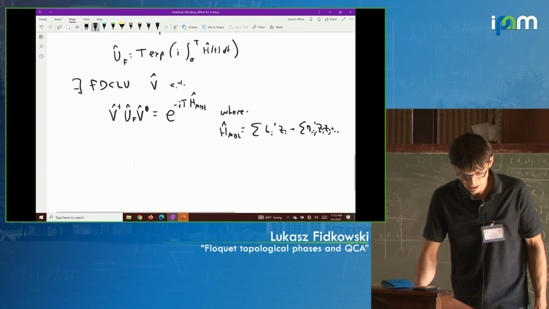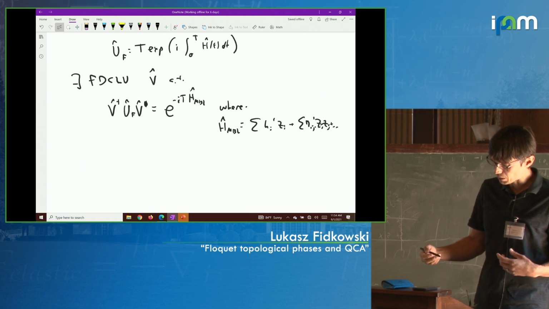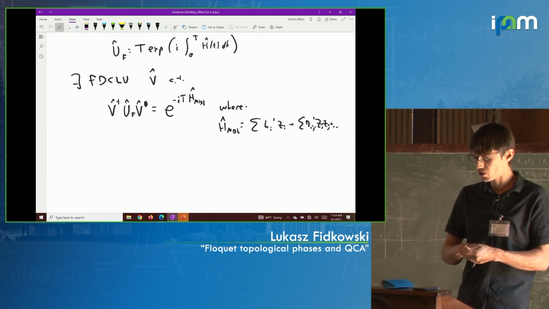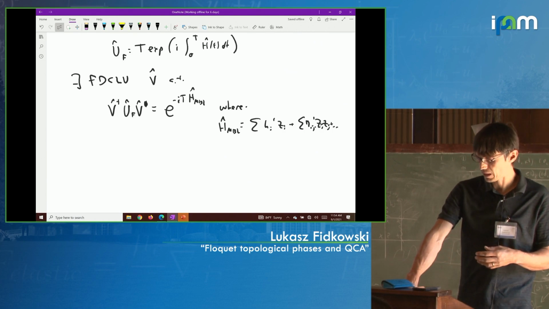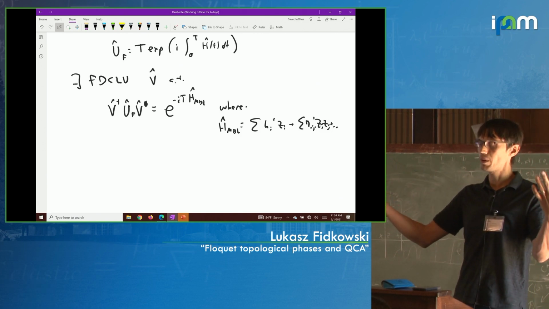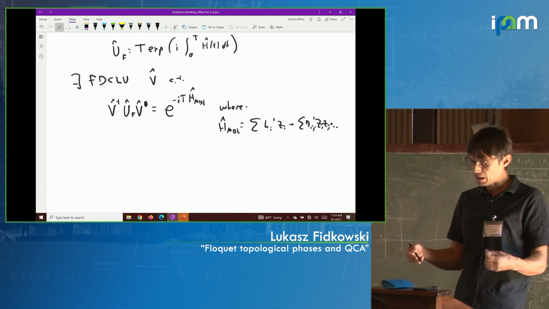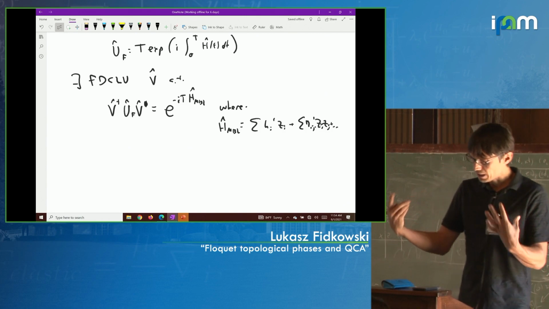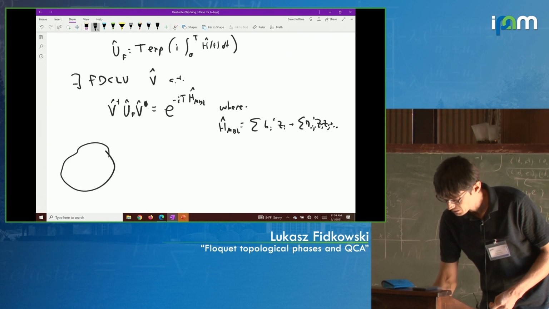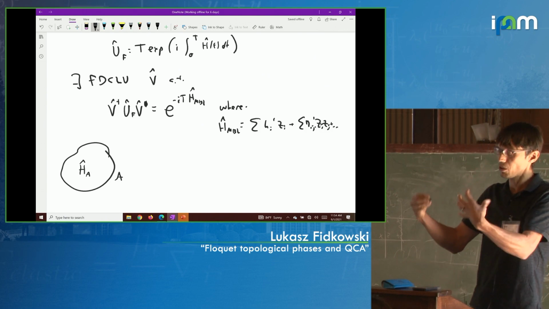To formalize that, let me truncate everything. Implicitly here, this V exists, this thing that diagonalizes this Floquet unitary, either in infinite system size or a finite system without boundary, maybe with periodic boundary conditions. But boundaries can screw this up. So let me truncate the Hamiltonian, so only keep terms within some region A. This is my region A, and I'm going to truncate the Hamiltonian and call it H_A. So I'm just keeping the local terms inside A.